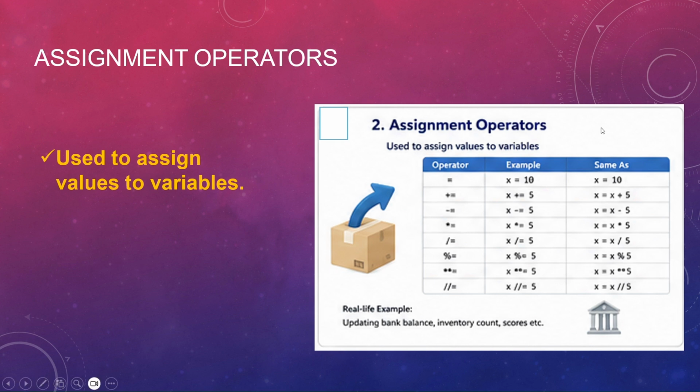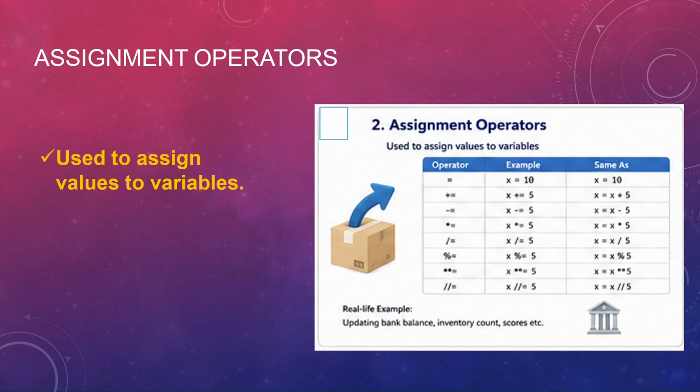This single equal to is used for assignment. As soon as you use single equal to, whatever is the variable, that is the box, you are putting this value in it. It can be 10, it can be a name. We have seen that, right? So this is assignment. Now with assignment, there are multiple operators. You can see plus equal to, minus equal to, multiplication equal to, all the arithmetic operations you just saw, suffixed with equal to.